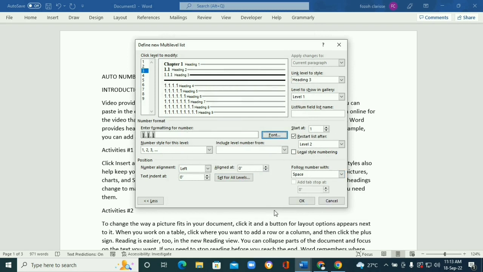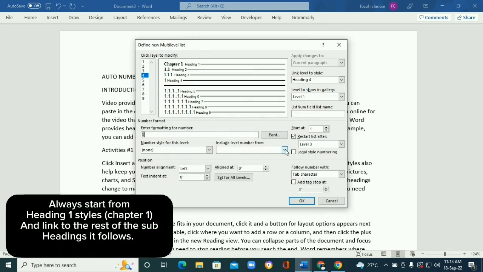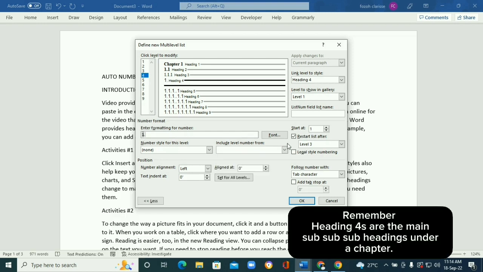Then we're going to go to heading style 4. We're going to change our numbering. Click this, and include level number from level 1, which is our chapter. Level 2. Oh, sorry, I forgot the point. After that, we put a point. Choose again level 2, and choose again level 3,